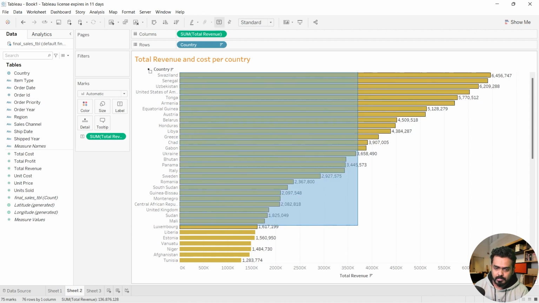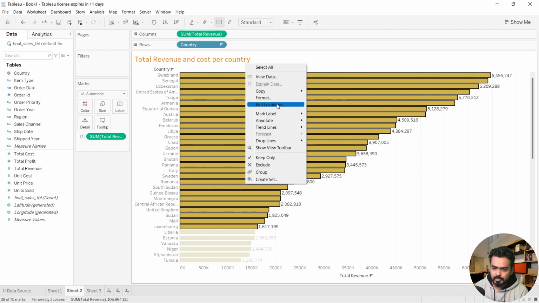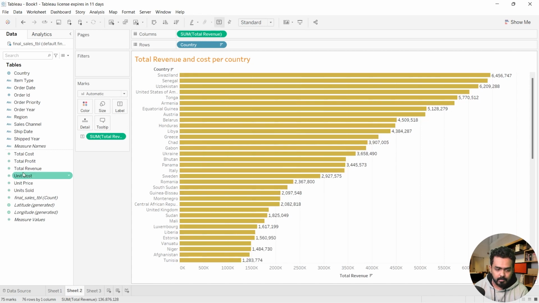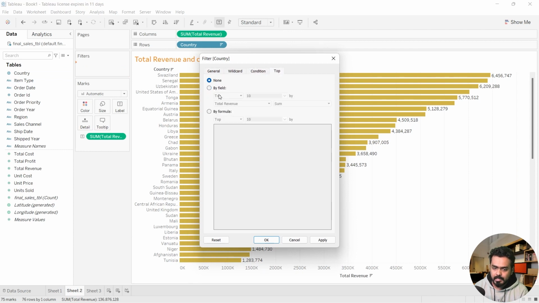And you can even select this and do exclude or include. So I can exclude the data, right? Or include only this or exclude the other data. Even I can do that. If I drag and drop this country into filters, so based on the condition or top, right? So based on top 10 I can do it, right? So if I click on apply and okay,